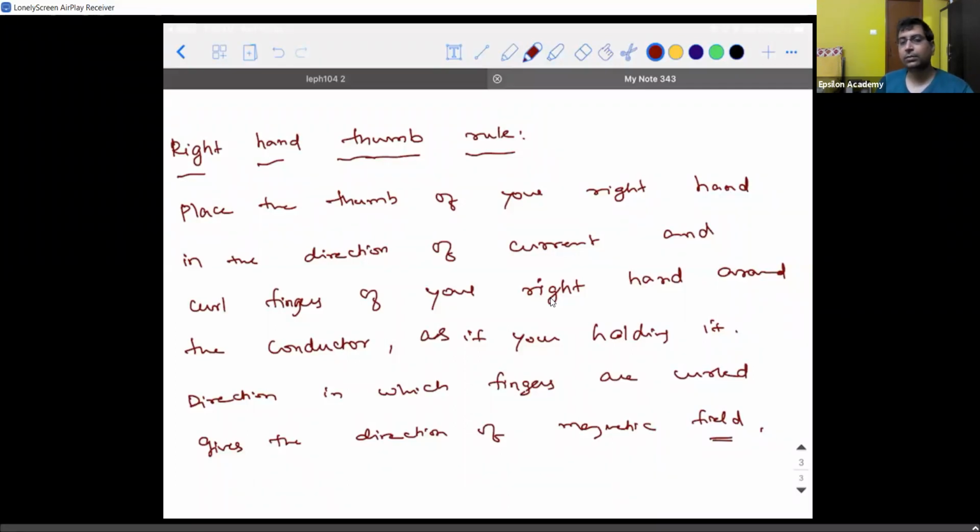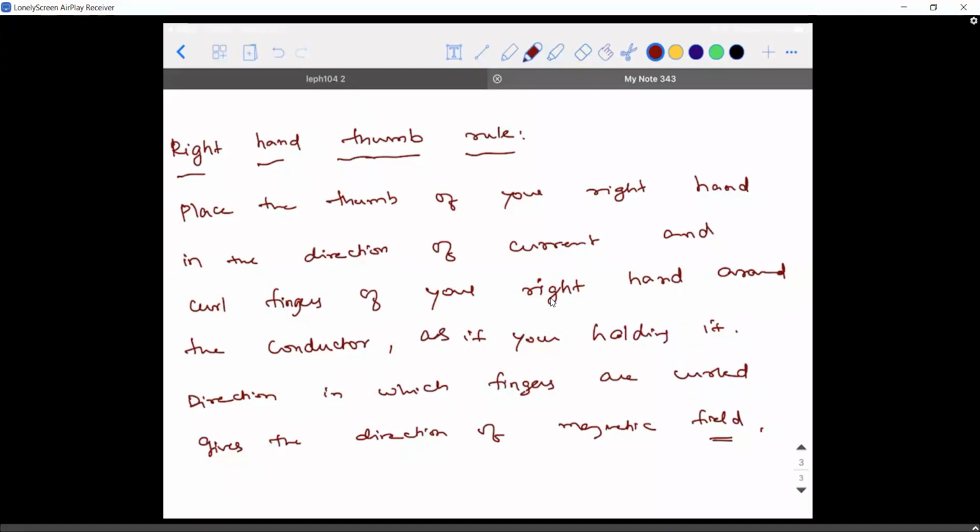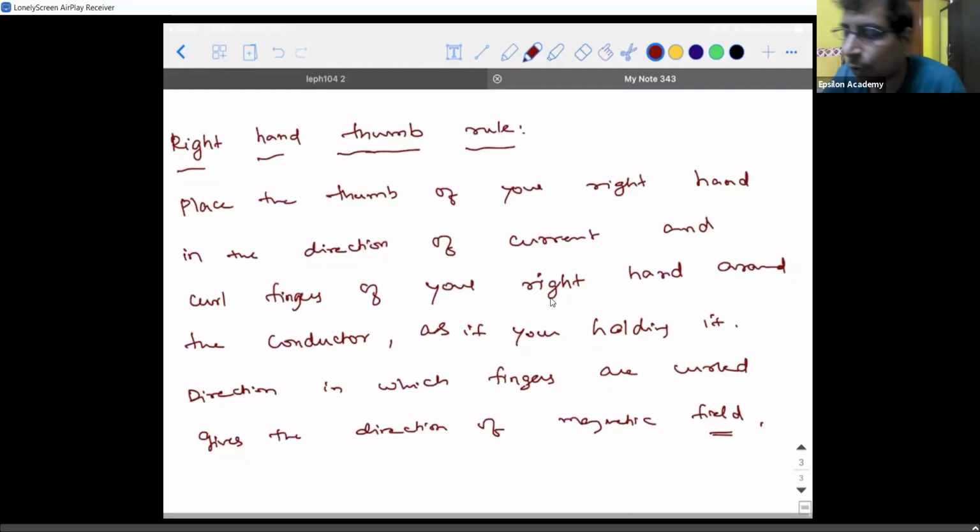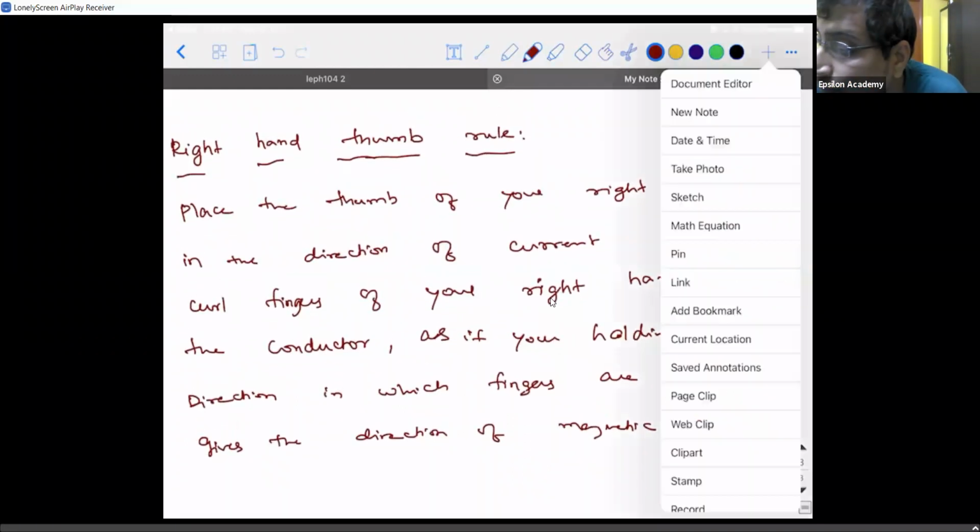Am I clear, guys? So this is what is called the right hand thumb rule. There are two ways to find the direction: one is using the idea of cross product of vectors, the second is using the right hand thumb rule. Both will give you the direction of magnetic field at a particular point. Clear? Shall I proceed? Yes, sir. Okay, so having all these points in mind, what we will do is